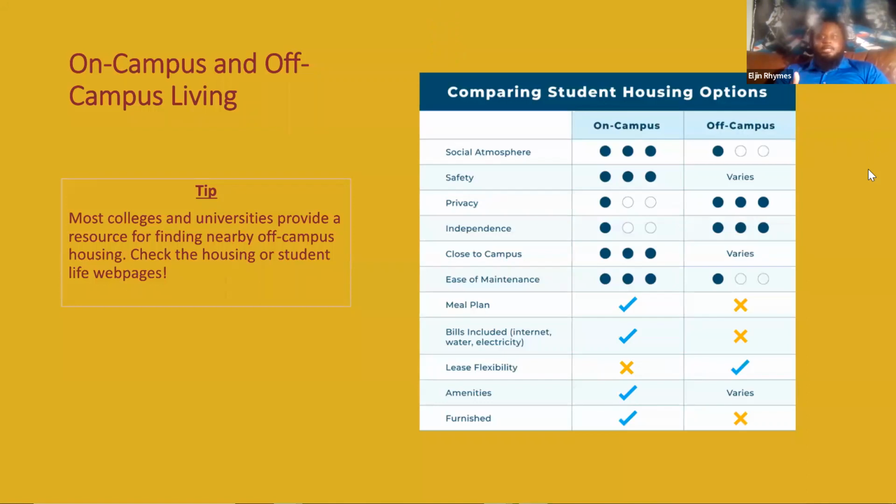The reason why on-campus housing would be the more viable option for those moving from high school onto the college lifestyle would be the thought process of safety on campus. Most college campuses, if not all, have security officers and measures of security in order to keep the students safe from any outside dangers of the local neighborhoods or the surrounding areas in which the campus resides. There's also